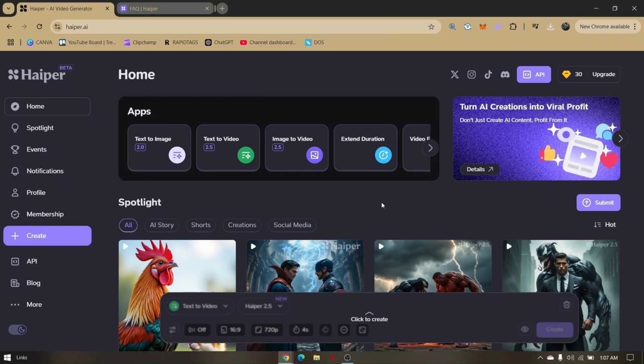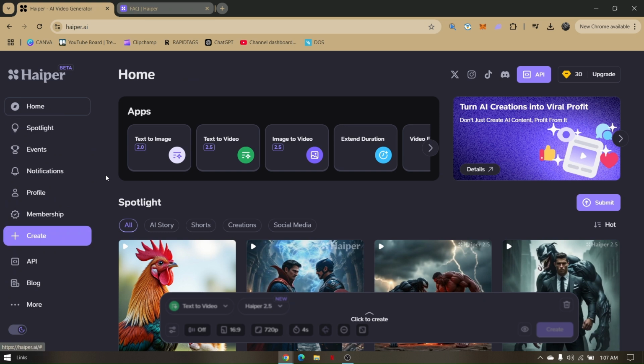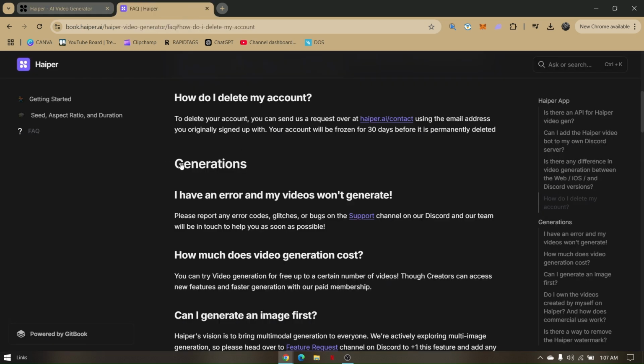How to delete your Haiper AI account. So if you head directly to Haiper.ai and then you log into your account, no matter where you go from this spot right here, or if you go more, you won't be able to find that option to delete or to remove your account. So if you go ahead and visit the FAQs or the Haiper.ai FAQs under deleting an